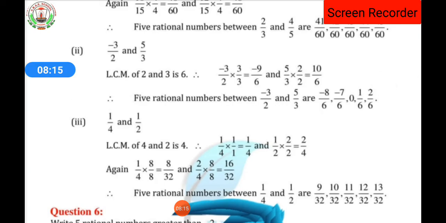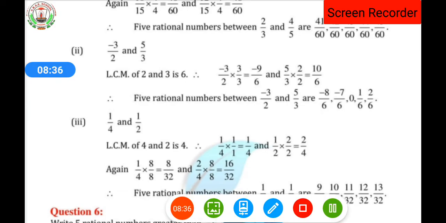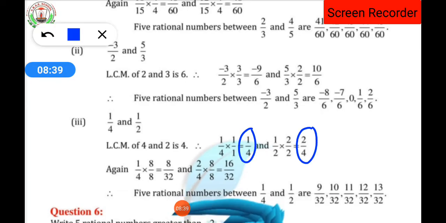So here it will become 2 by 4. So what numbers are we getting here? 1 by 4 and 2 by 4, isn't it? You can see that between 1 by 4 and 2 by 4, we cannot see many numbers, hence we are going to multiply again. 1 by 4 and 2 by 4 are like terms and no number lies between them, so we are going to multiply by a number since we want 5 rational numbers. So 1 by 4 and 2 by 4 will be multiplied with 8, isn't it?